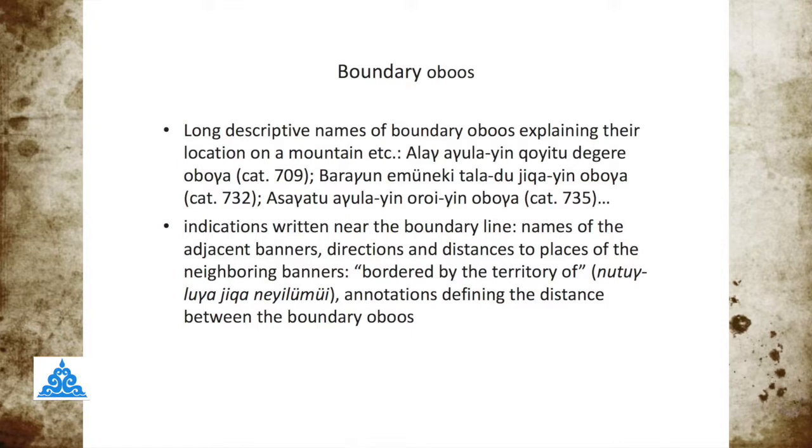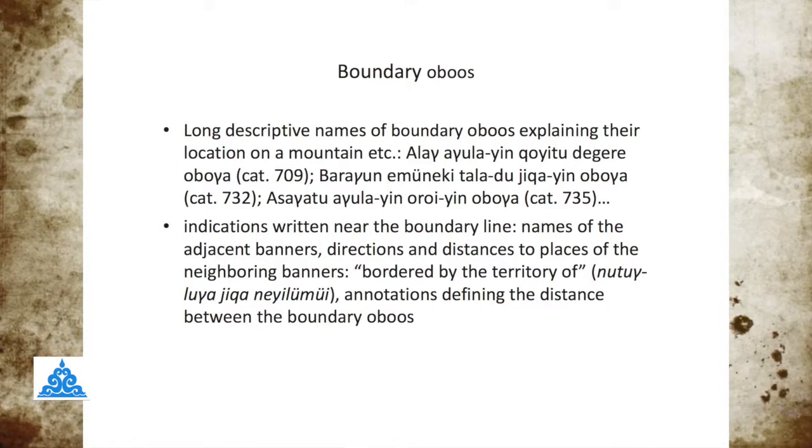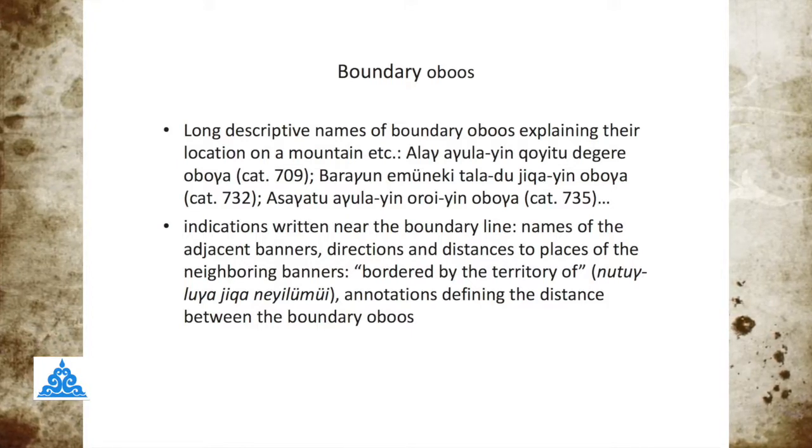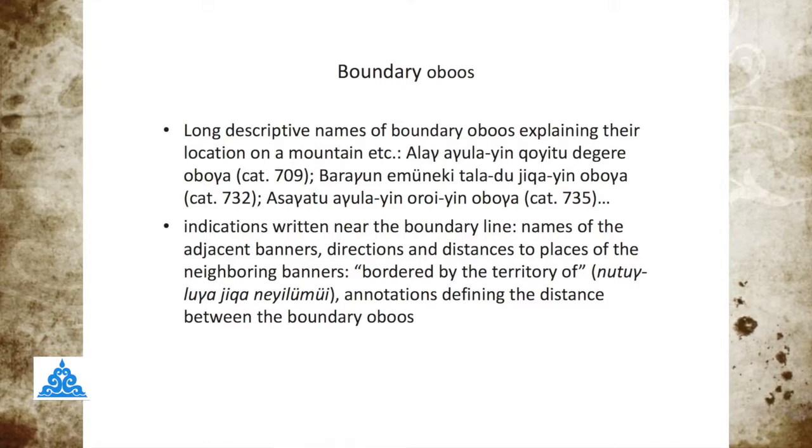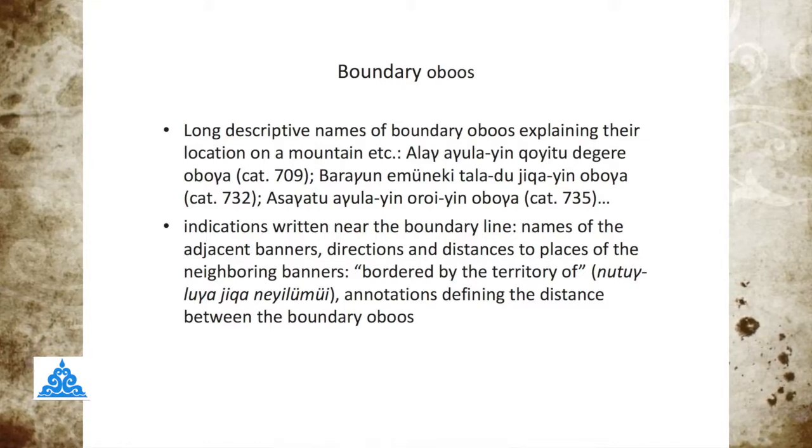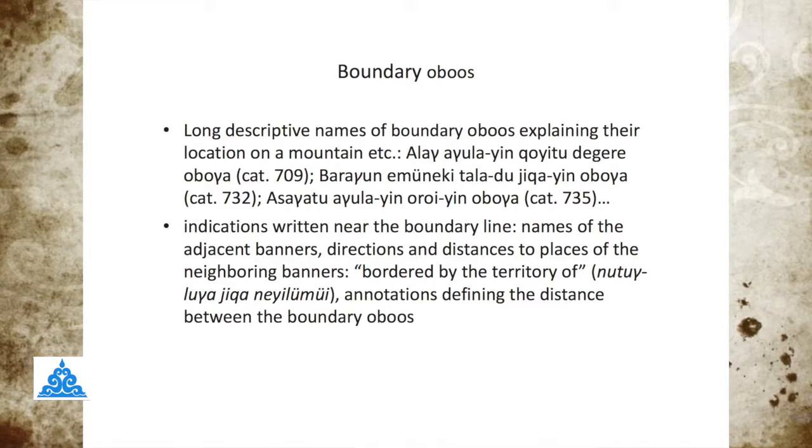So for me it's very logical that the Qing government chose this symbol, this material symbol, to delimitate the banners' boundaries. The ovoos often have long descriptive names explaining their exact location on a mountain. And in addition, precise indications are written near the boundary lines, giving the names of the adjacent banners and the distances between ovoos. Boundaries, of course, were also materialized by mountain ranges, lakes, rivers, by the Great Wall in Inner Mongolia or the Palisades,